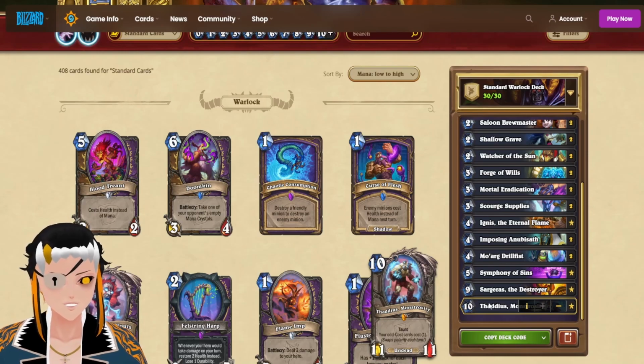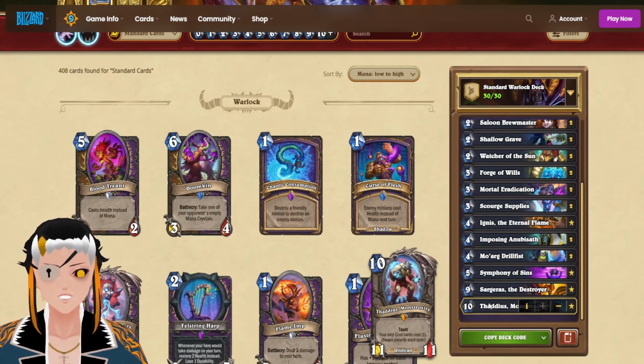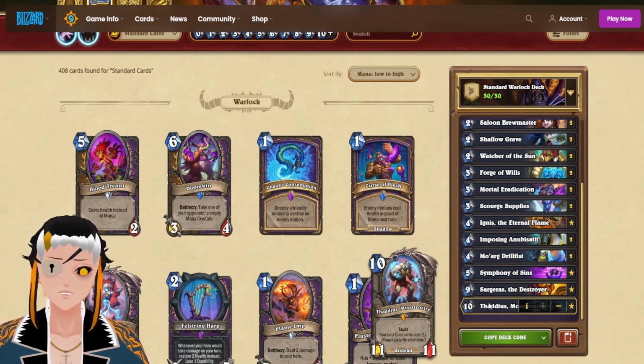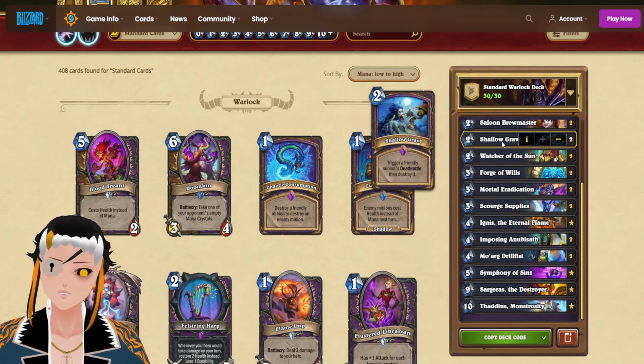This is a deck that I know a lot of people are talking about. However, we're going to take the idea to the extreme by using Thaddeus Monstrosity in order to discount all of our cards that cost 4 or less that are used within the combo down to 0. Essentially, the plan is to use the Drill Fist in combination with Shallow Grave to instantly give us the Azure